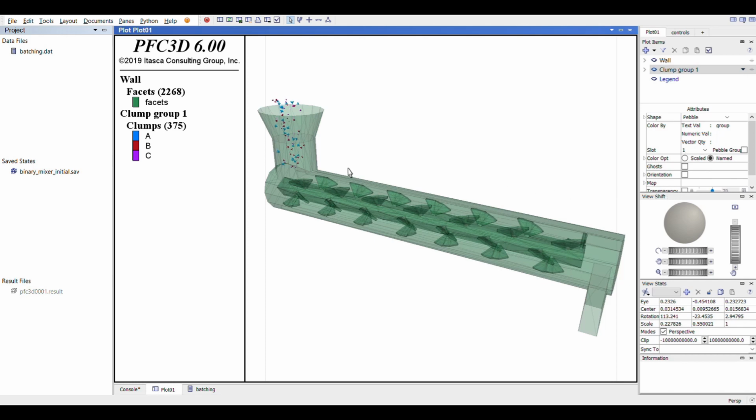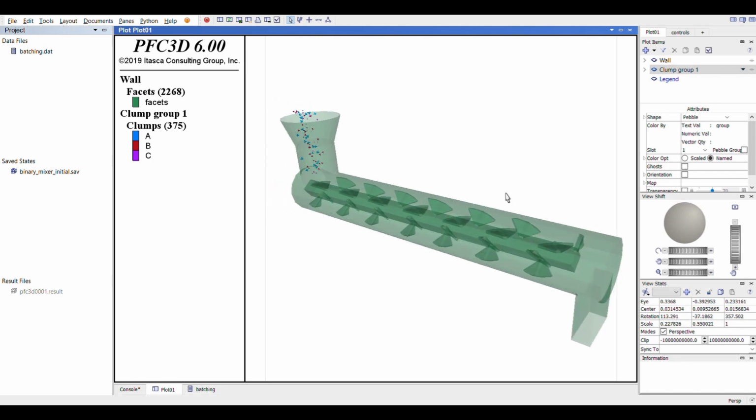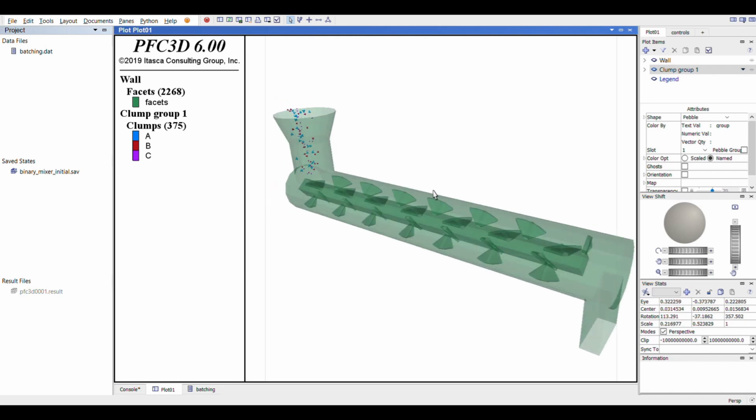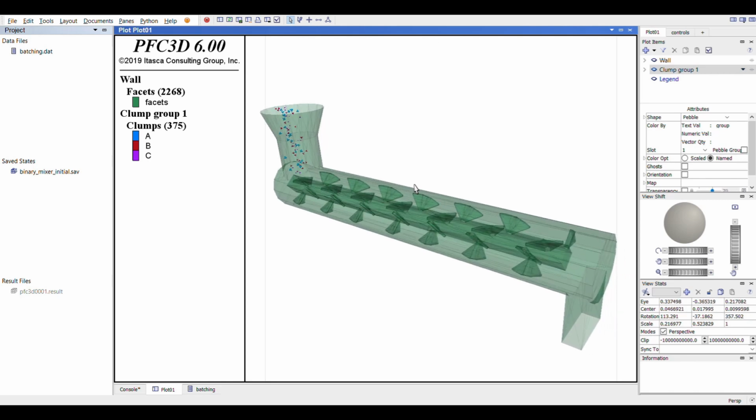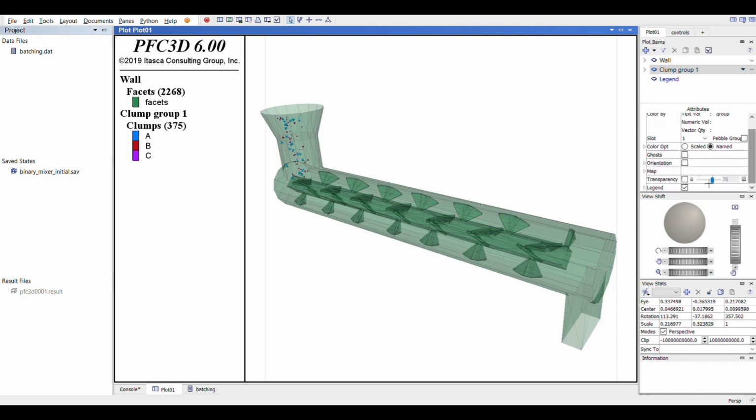Select the text value as group, and you can see which group the clump belongs to. And if you go into the wall and do the same, if you change the text value to group, you can see that the different parts, stator and rotor, are of different colors as they are assigned different groups.